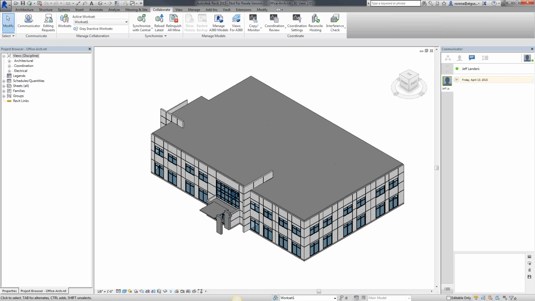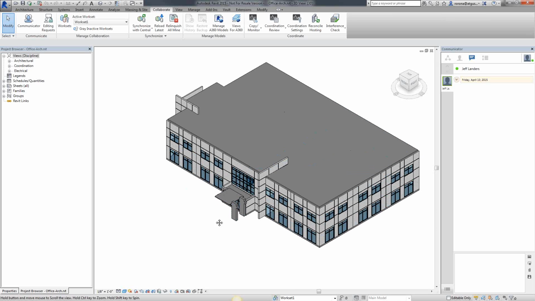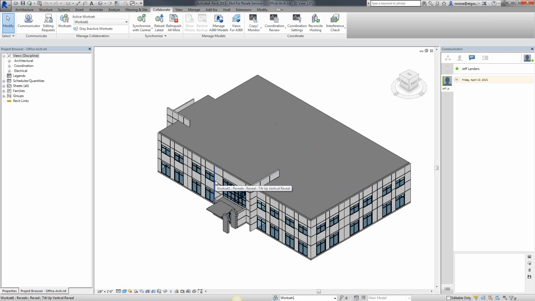At the moment, I do want to switch over to Jeff Landers' computer. And right now I'm accessing the architectural model. So I still have an MEP model that I want to coordinate with. That MEP model is not up in the cloud services yet. So what I want to go ahead and do is, he has access to that because he is designated as